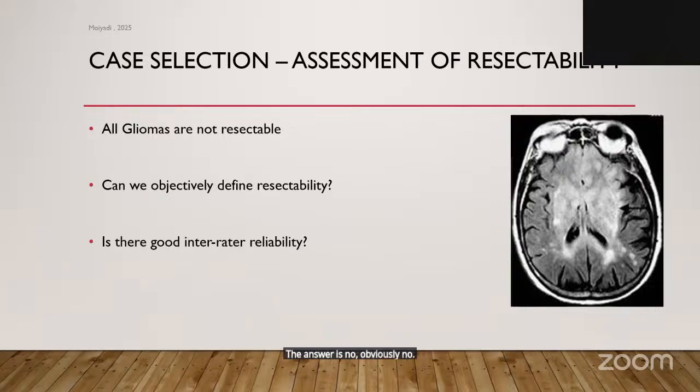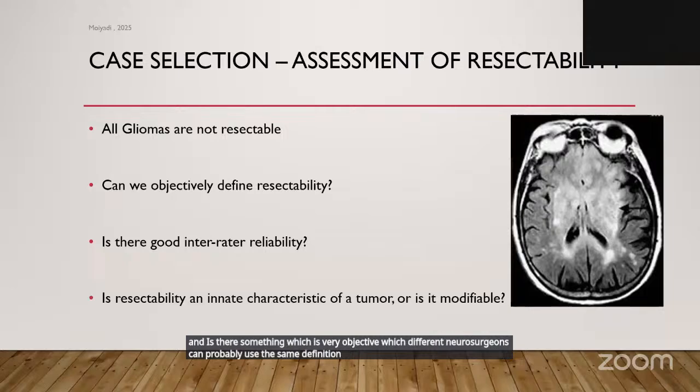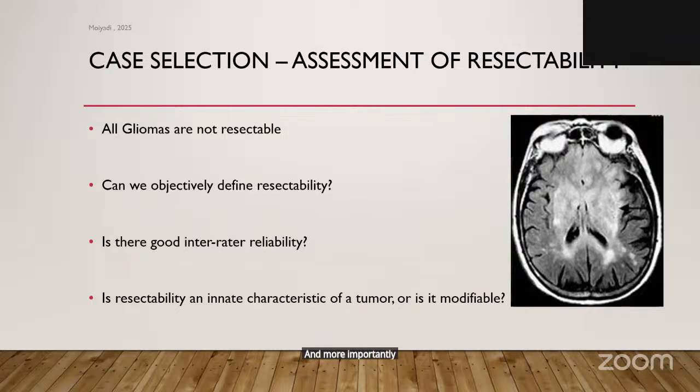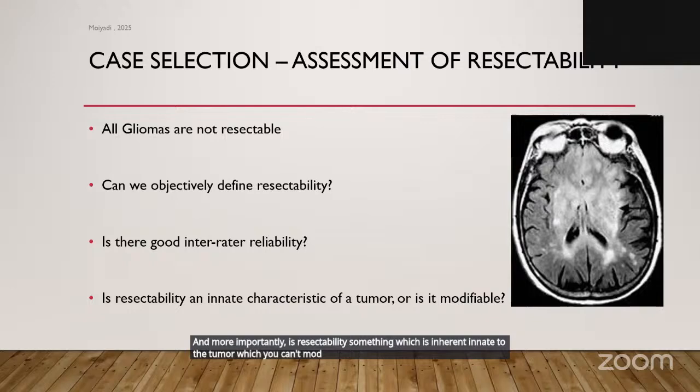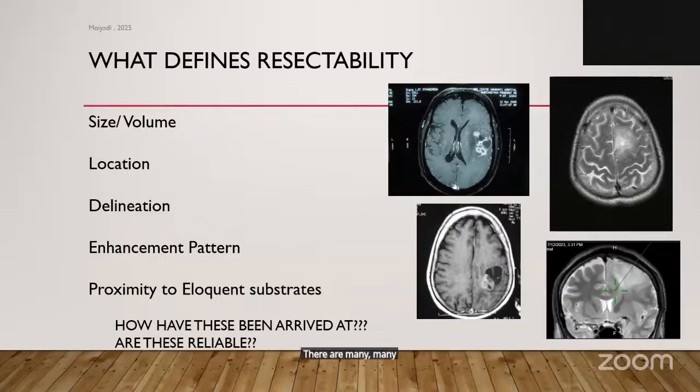Then how do you define resectability in gliomas? And is there something which is very objective, which different neurosurgeons can probably use the same definition and still come to the same conclusion every time? And more importantly, is resectability something which is inherent, innate to the tumor, which you can't modify, which means is it a dichotomous all or none thing, resectable, not resectable? There are many, many factors which go into determining the resectability,